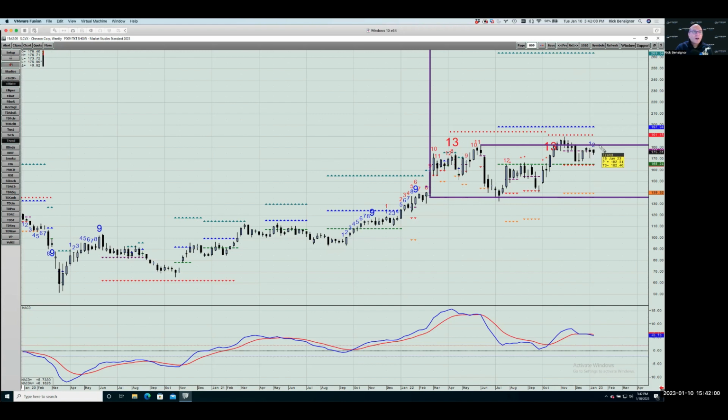Not much to do, honestly, not much to do right here in Chevron. If anything, if you're long, you might consider selling some upside calls against these strikes, because if it does fade, you at least will collect the premium on these. And if you sell anything between the 191 and 198, it's not a bad place to be a seller, I think, in general anyway. And the last name that we're going to use to finish off today's